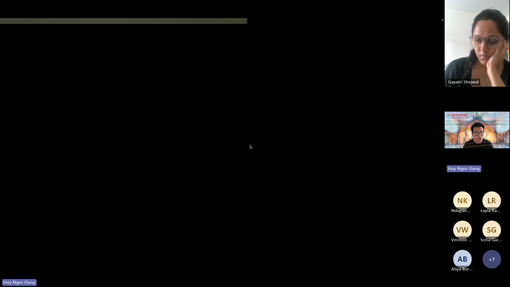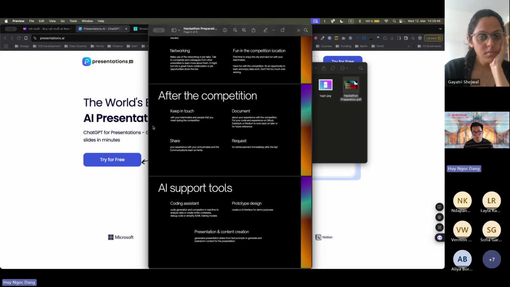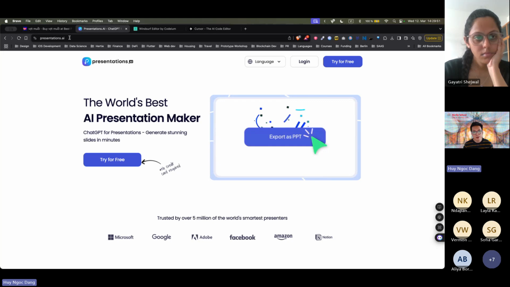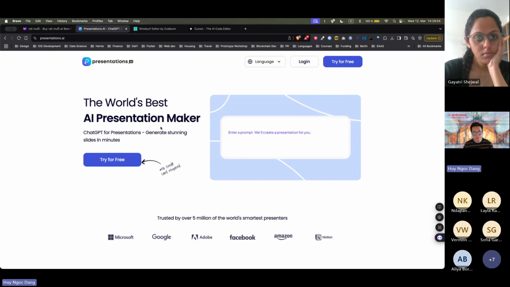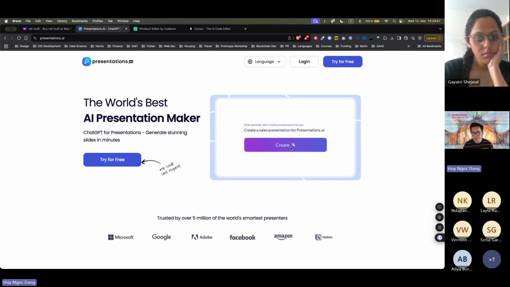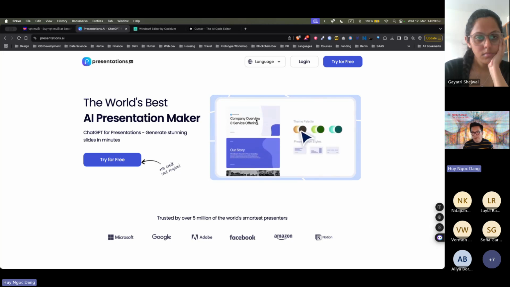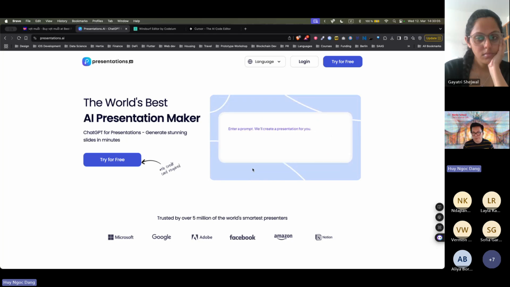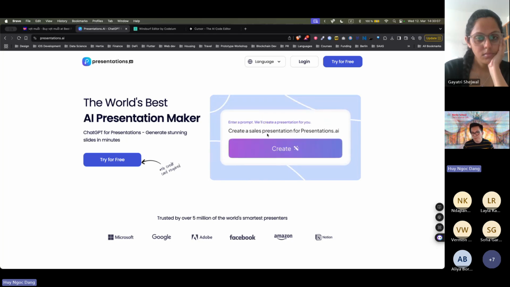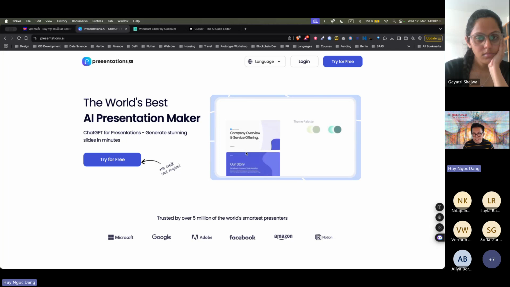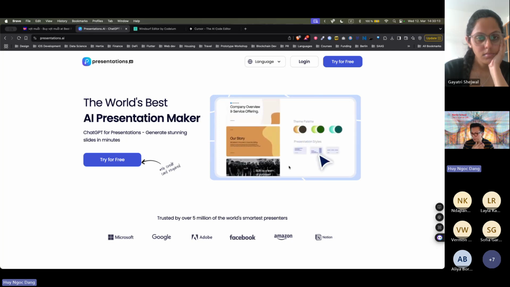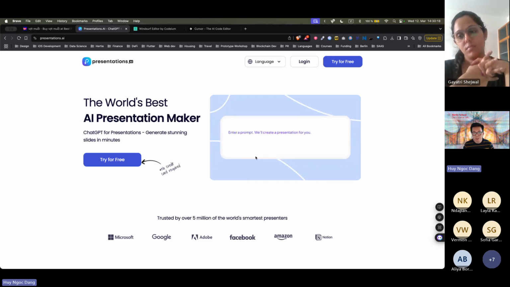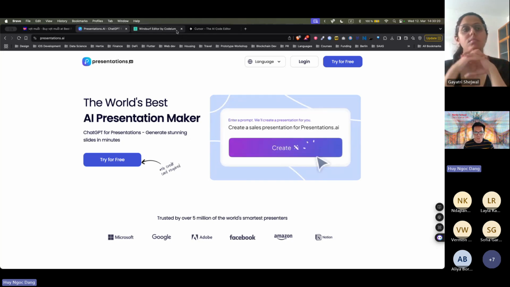So I want to show briefly some of the recommended tools for AI coding. So this is for presentations, right? If you go to presentations.ai, you can use this tool to create full presentations based on the text that you give it, right? So you can draft out what you want to present, and then put in some of the findings that you have into a prompt, and then it creates a very beautifully designed presentation for you, and then you can also edit it live on their platform. So I highly recommend it if you want to try it out for your presentations.